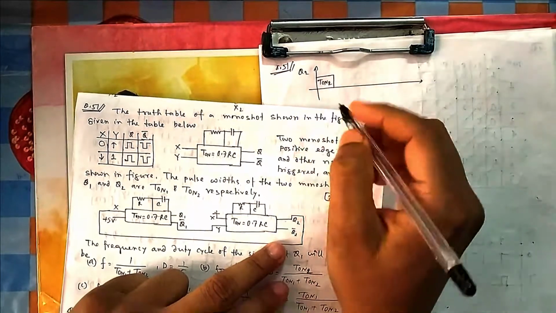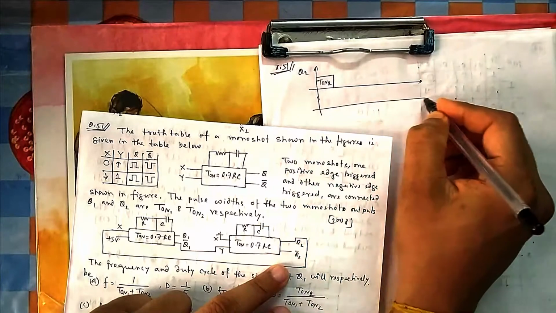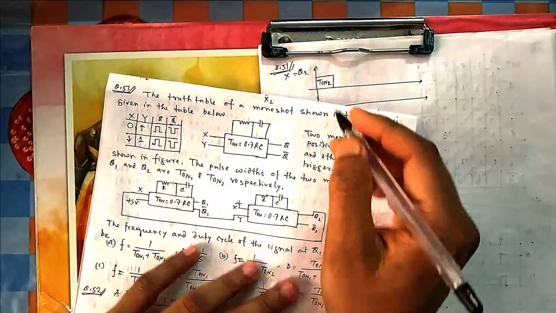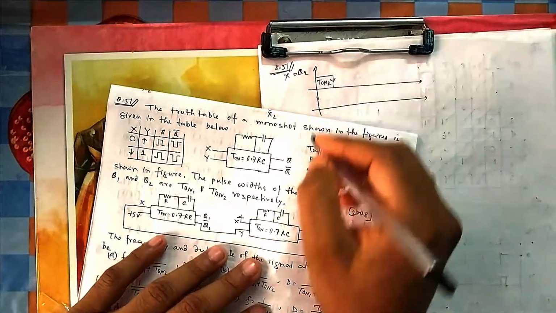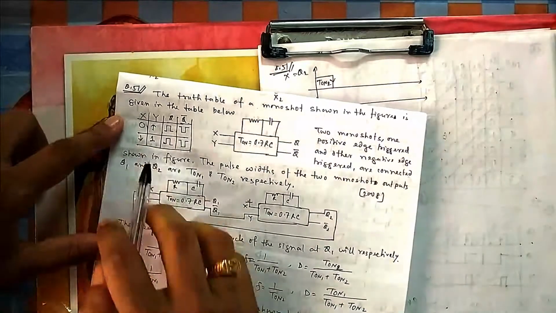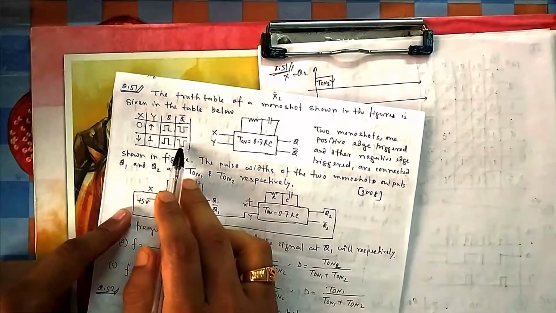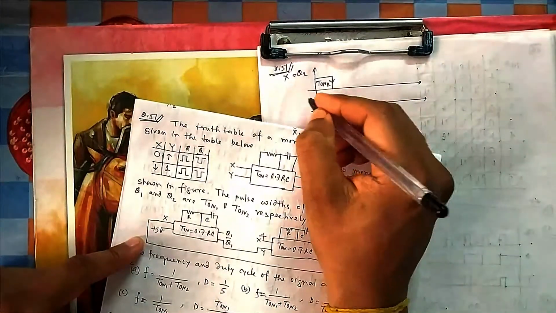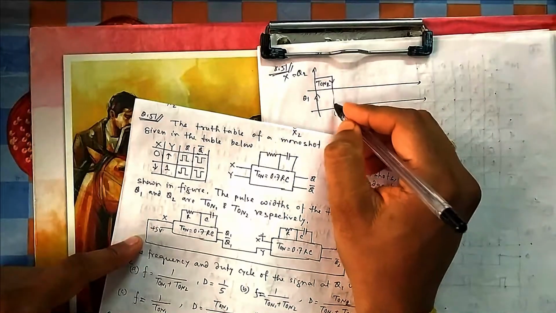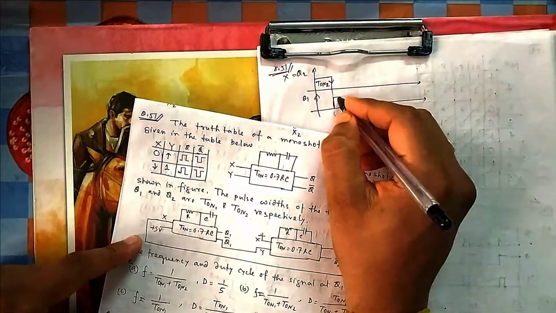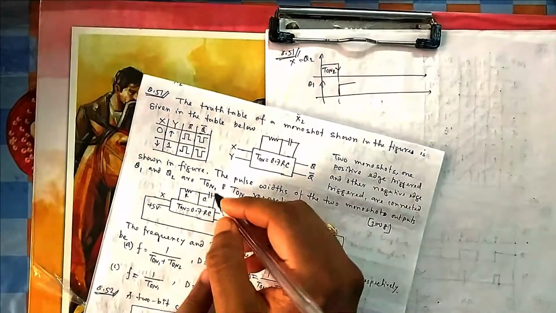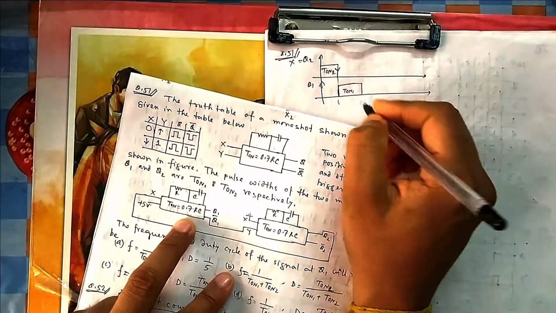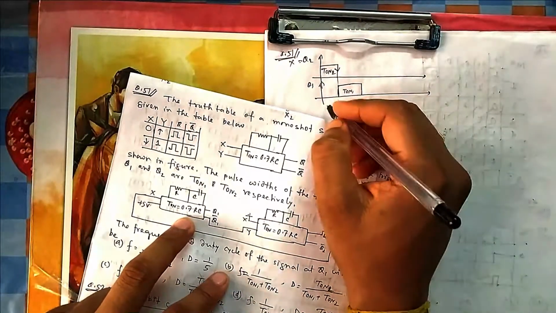T on 2. Whatever Q2 is, that is your x. This is Q2, and it is nothing but x also. Now x is falling, so if y is equal to 1 and x is falling, then you get the output Q as 1 and Q bar as 0. So that means this is your Q1. Q1 will get on now, and it will be on for T on 1 time, because this shot is for T on 1 time. Suppose this is my T on 1 time.